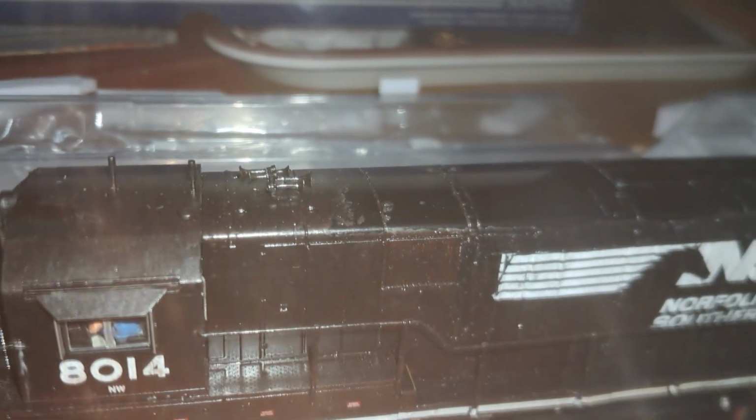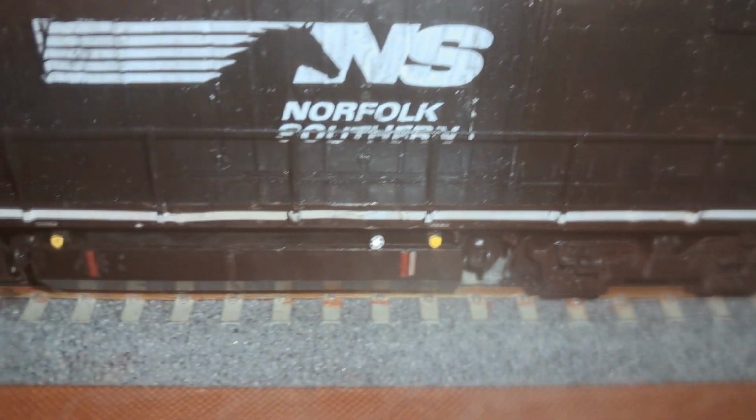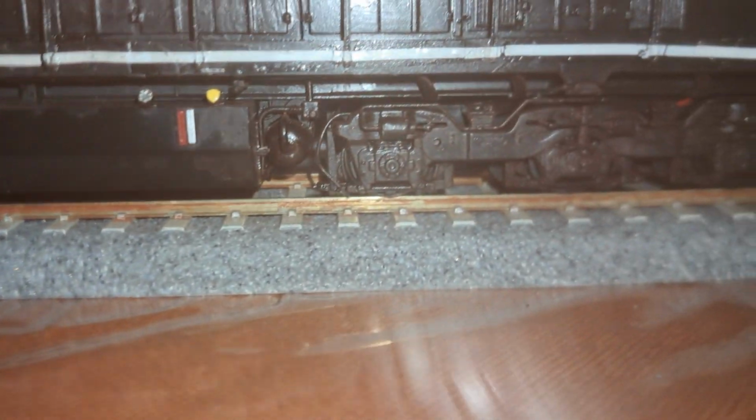On the top of the locomotive, we can go through it. You got the two antennas on the top. You have the 5 chime horn as well. Really, they had the P5 horn on there. They have the smokestack and even had a little grate in the smokestack. You know what I'm saying? Etched metal see-through radiator grills on the top as well, and the rear end bell. This locomotive has ESU LokSound equipped, and it has underbody details as well,